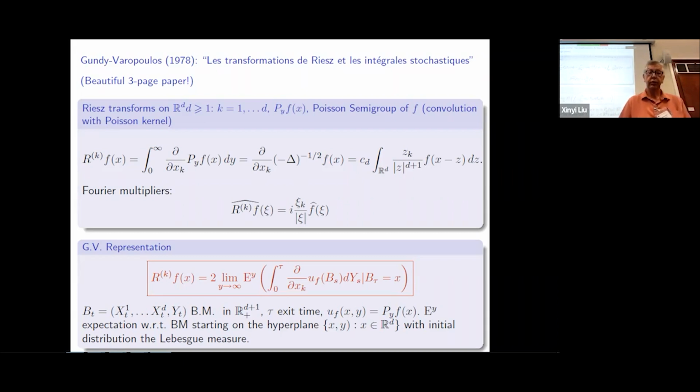So this representation was published in 1978. Gundy and Varopoulos's paper was only three pages, a beautiful short little paper. The proof is extremely simple. You essentially compute Green's functions, and then you use the occupation time formula, and the representation comes out. But they did not give any applications. They just left it there as a formula. Nothing was said about this being used for this or that. So in